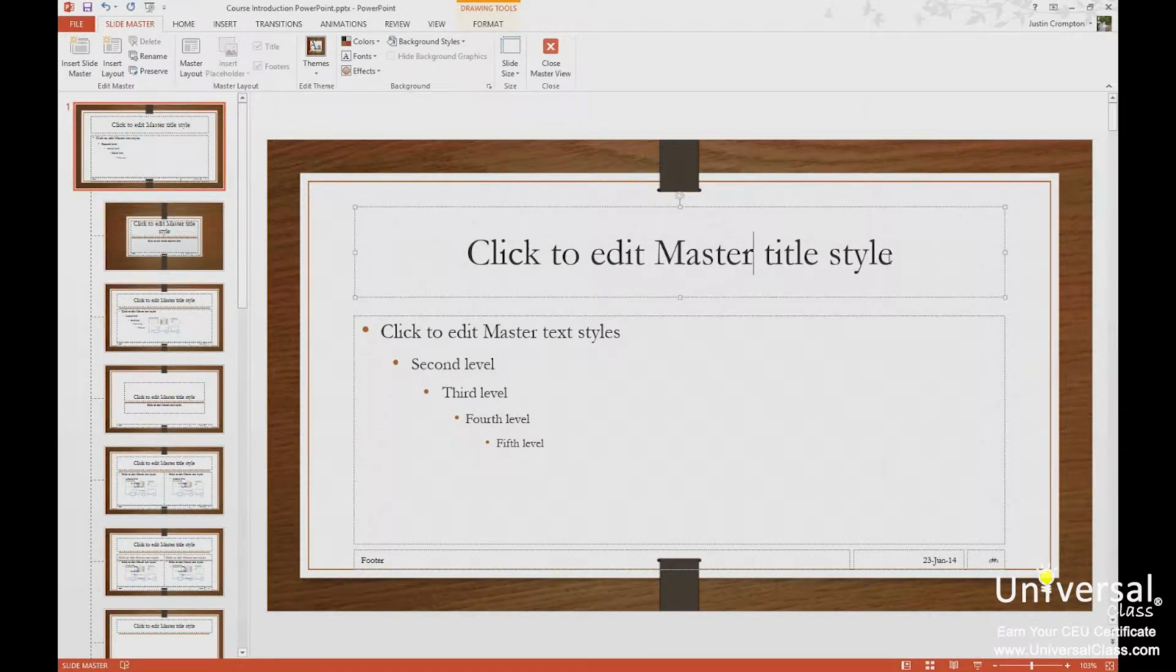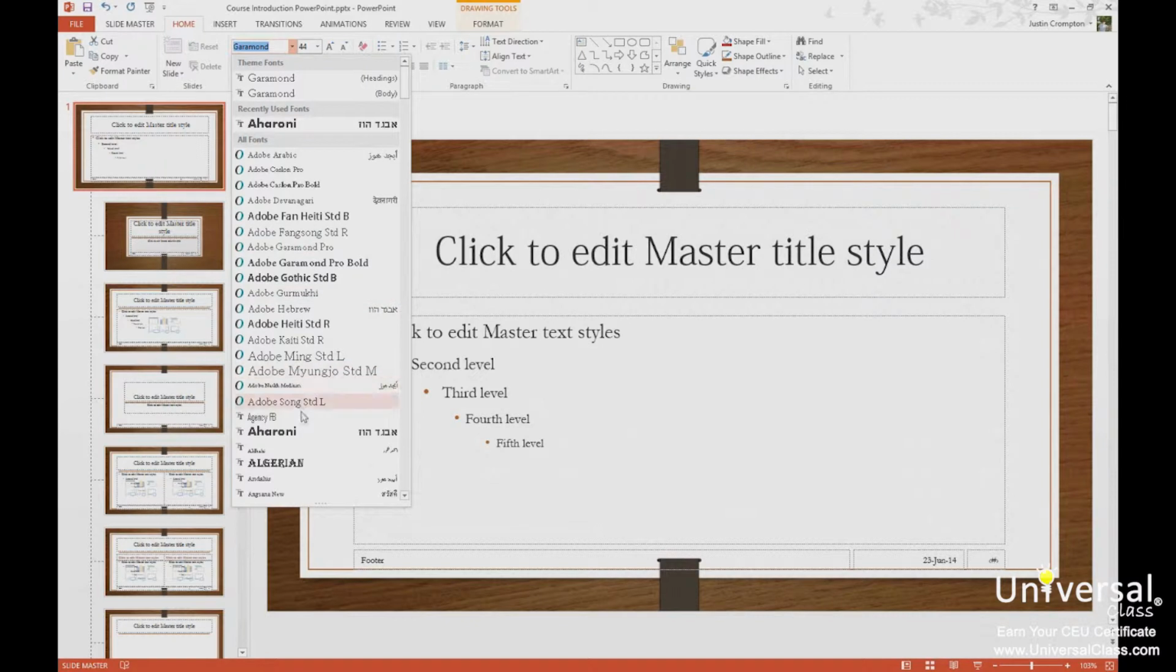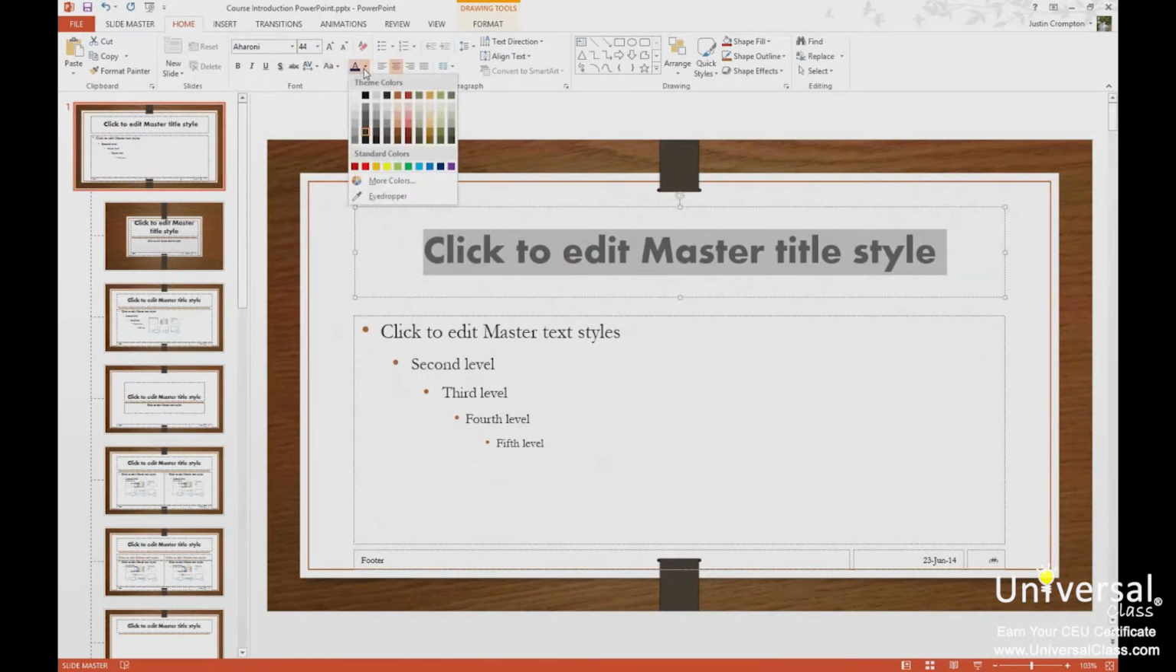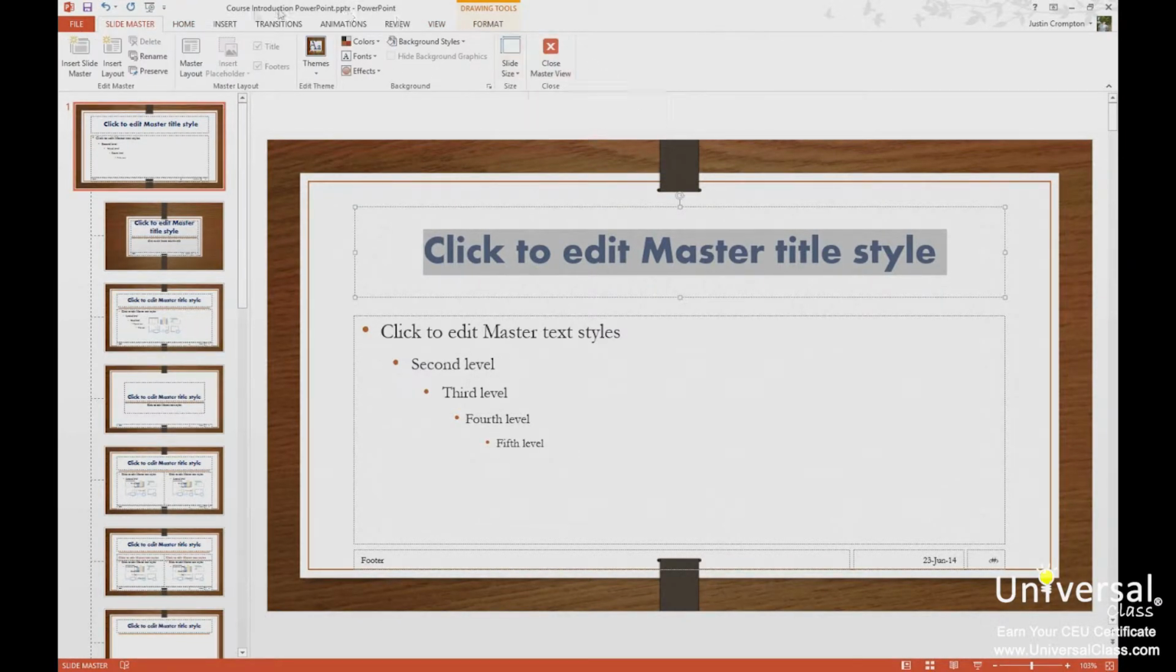Now, if I make a change, I can make a change in two ways. One, I can change the absolute slide master. If I change this, every single slide in the presentation, regardless of layout associated with this master slide, will change. So if I come here and change this font to something different, and let's change the color to this dark blue, and then I exit my slide master by going to the Slide Master tab and clicking Close Master